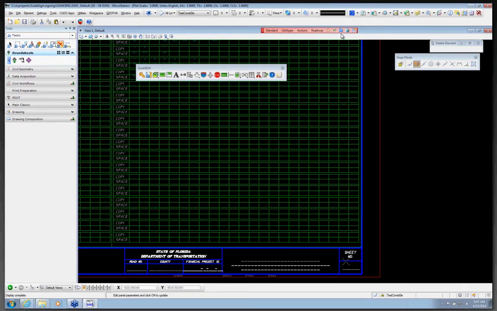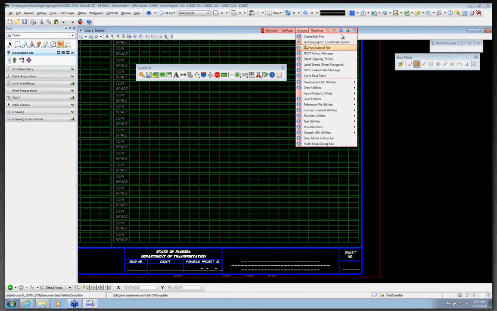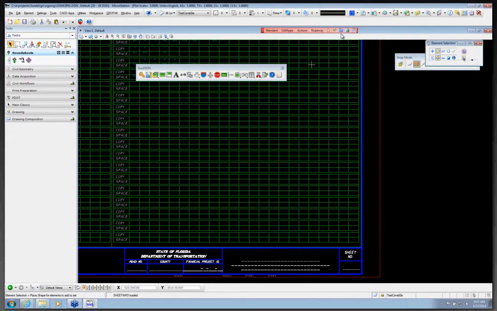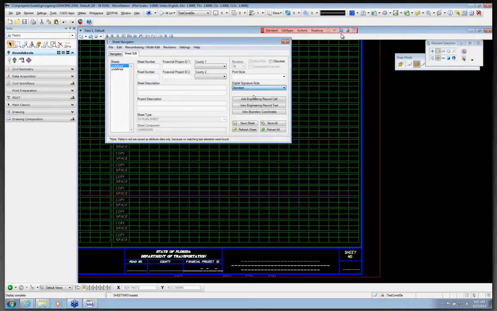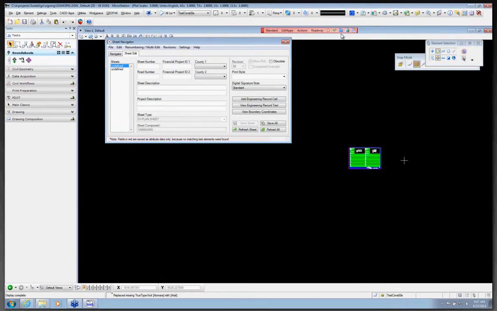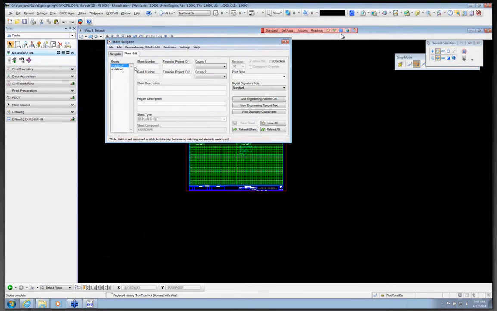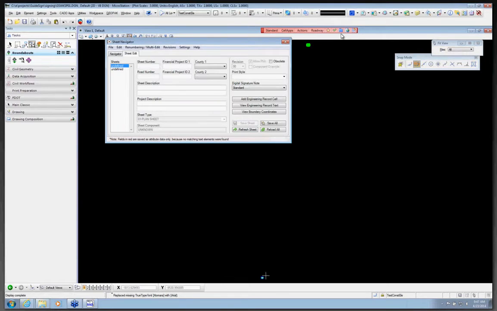One tip I would like to give here, for those that have the FDOT system, you will notice that our plot scale is at 3.0. Again, GuideSign uses a different seed setup than what you are conventionally used to. Under our Label Sheet Navigator tool, if we place our standard digital note and save it to our sheet, you will notice